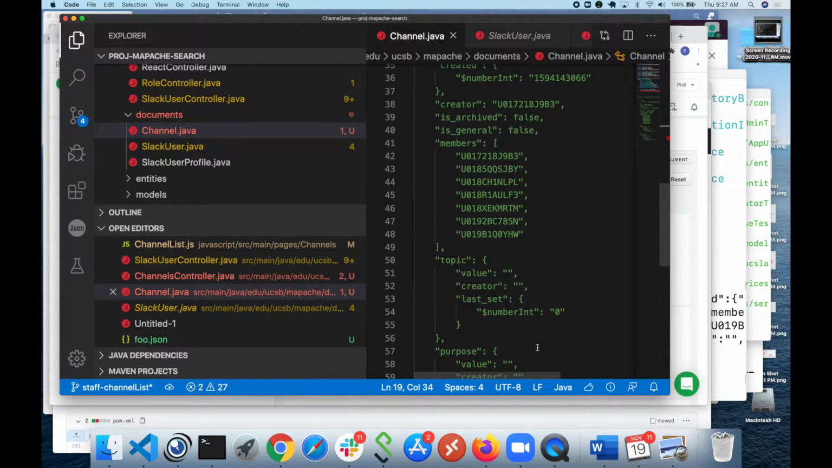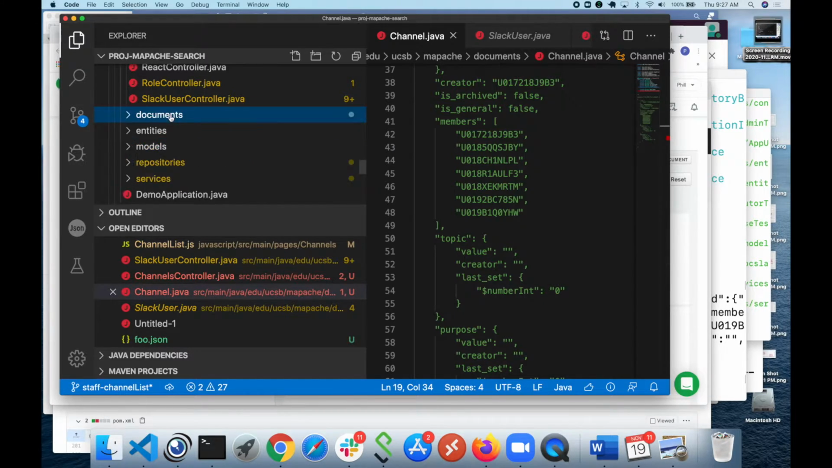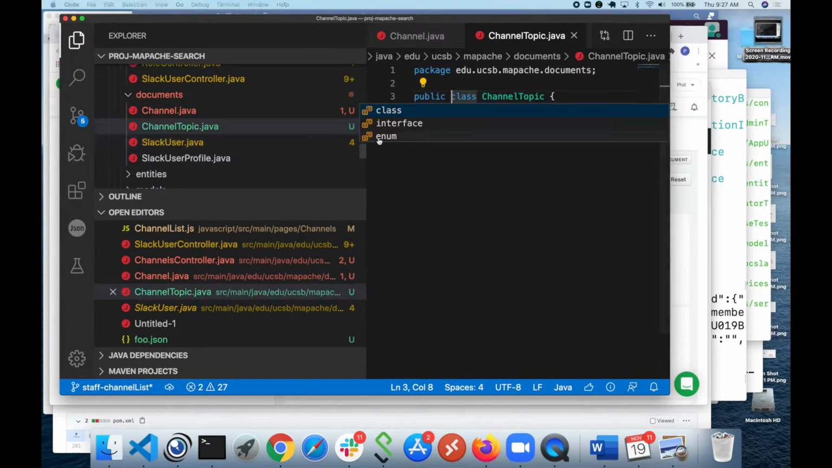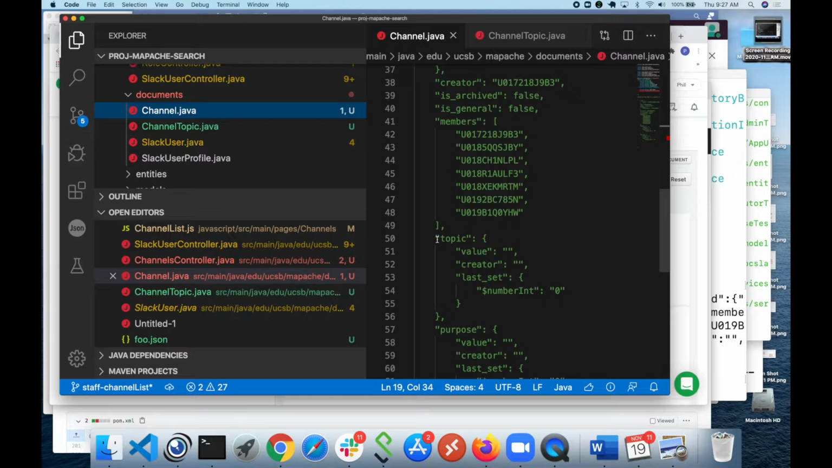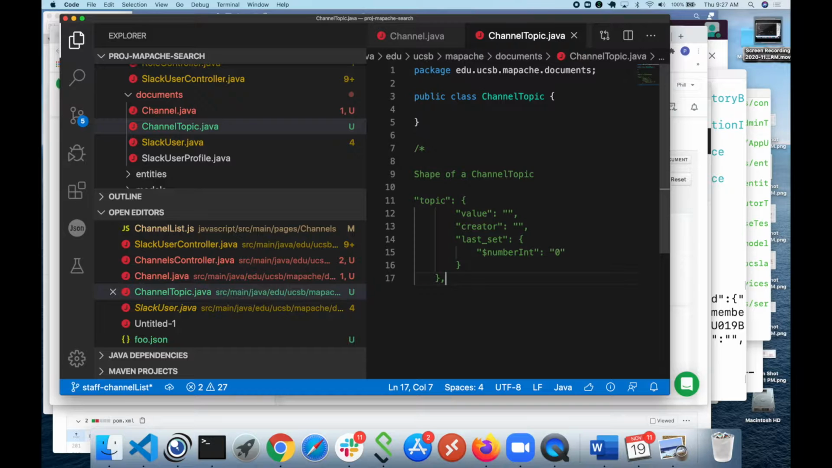Let's continue. Now, topic is an object all of its own. So for that, we would have to have a separate class. What we would need to do is make a new file here under documents, which is channel topic.java. And this is going to be just a plain old Java class. So over in channel, I can basically take this shape and do the same thing down here and say shape of a channel topic, paste that in,